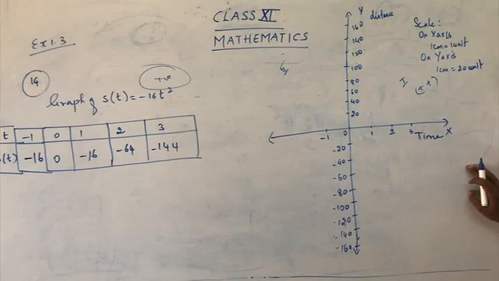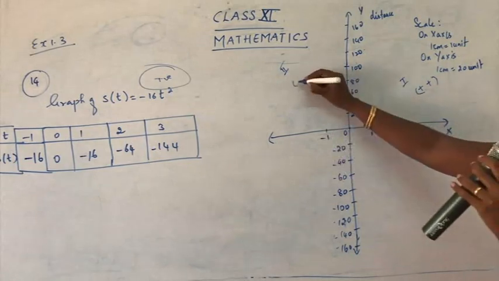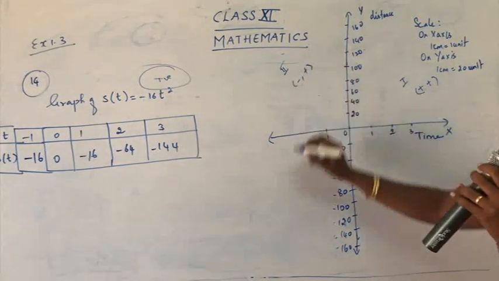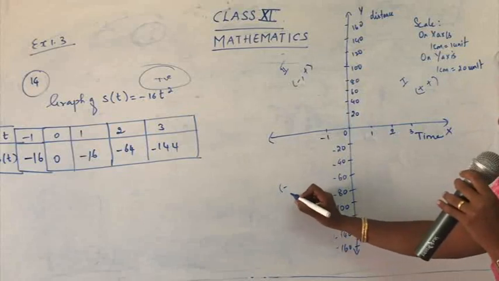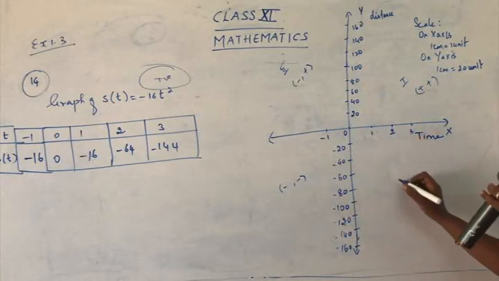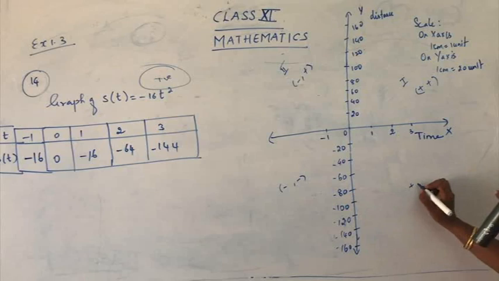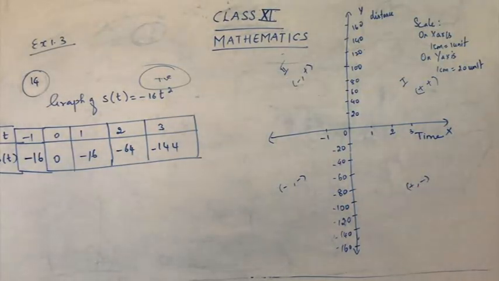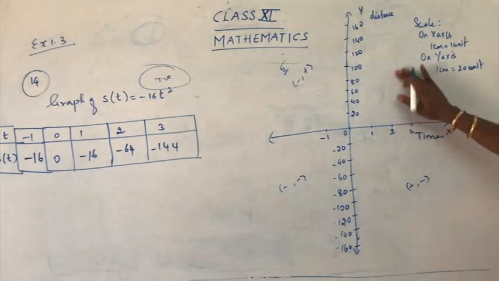Mark the negative signs. Whenever we write the signs, we have to take the x part first, okay? The x sign first and then the y sign. So here we have negative and positive, so minus plus. Here minus minus, and here plus minus. X is plus and y is minus. So remember the coordinates: plus minus. Now let's go on plotting the points.